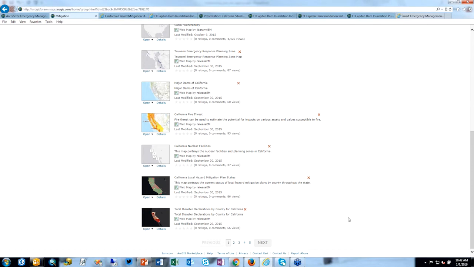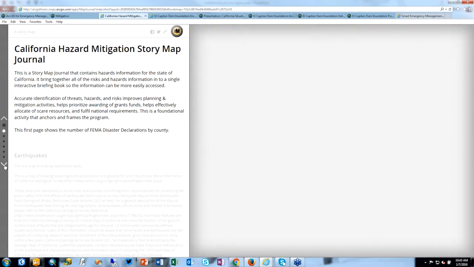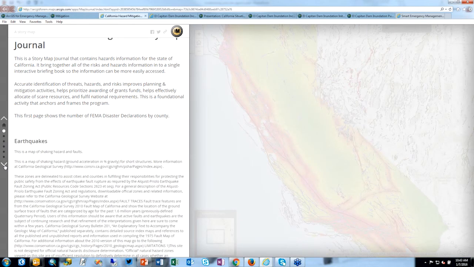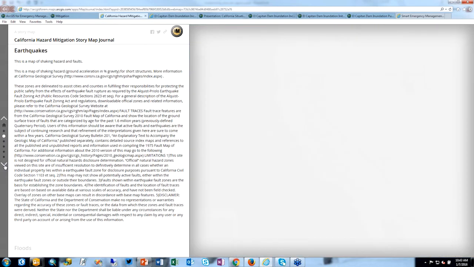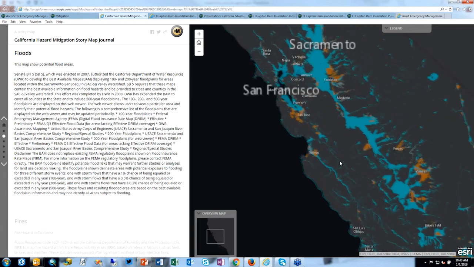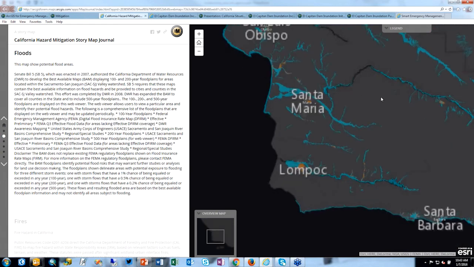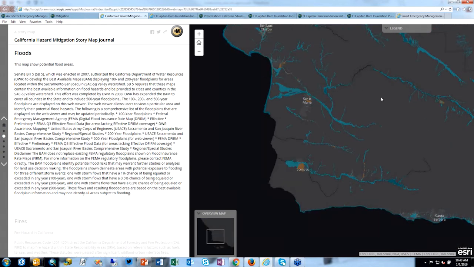We have some of these web maps organized inside the platform that we can then quickly configure into some of these applications, like this hazard briefing book implemented through the story map journal. Now we can quickly page through the information here to give a sense of what some of the hazards are that may affect our jurisdiction. And this is interactive. We can drill in and get more details on certain aspects of things like flooding, as we see here. So that's just one example.